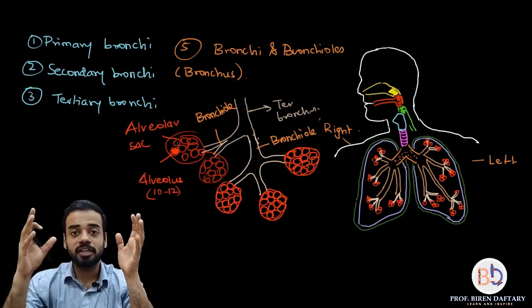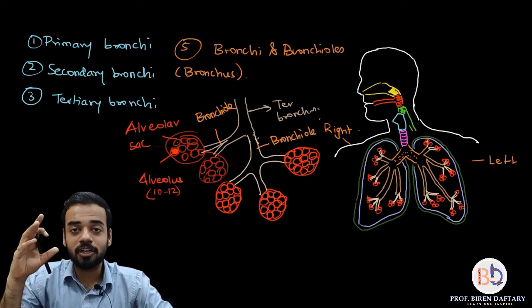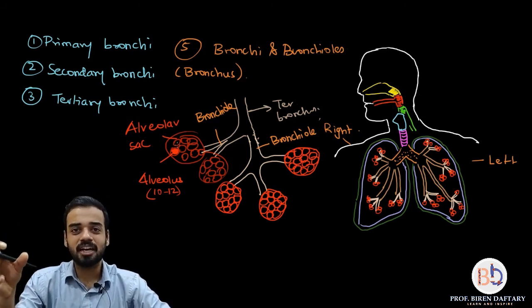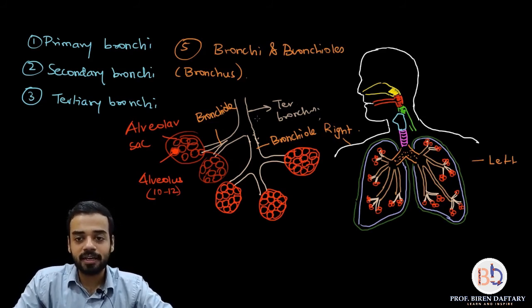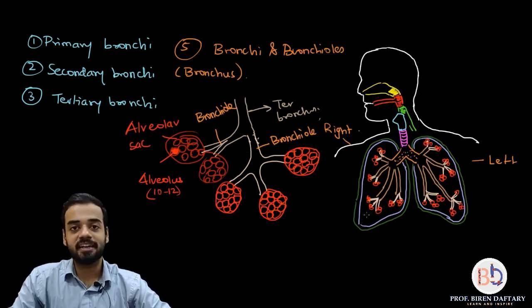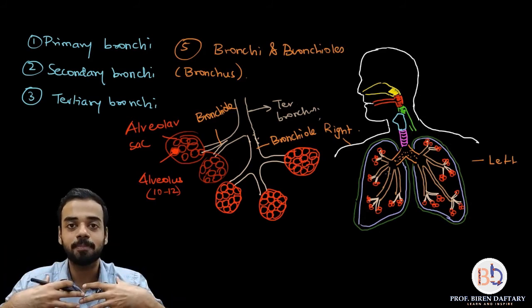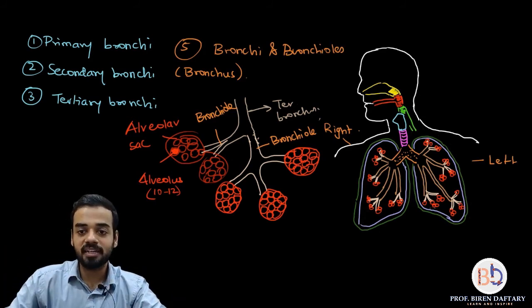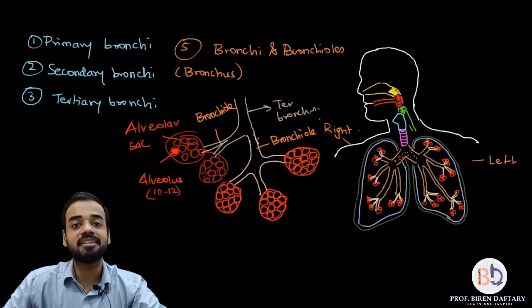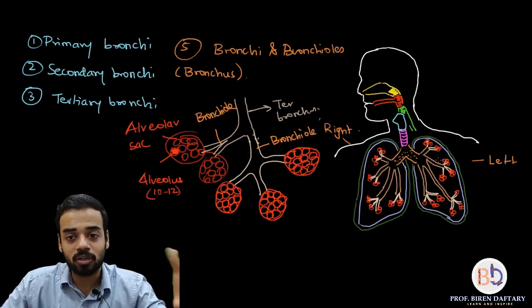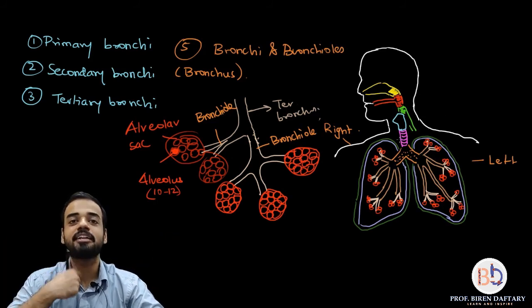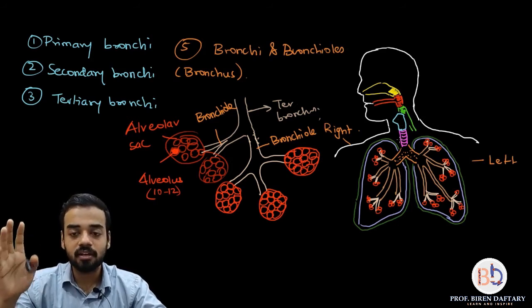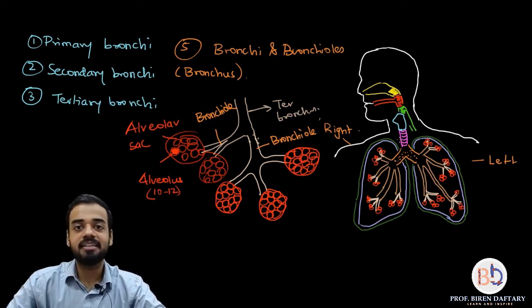The next part which we are going to start with is the lungs. But before lungs, I want to complete the part called alveoli because we are over here. So we have completed bronchi. By the way, this area of the chest is called the thoracic cavity. The thoracic cavity is the area present in the rib cage, the chest area. So the primary bronchi are present in the thoracic cage. All these other parts are also present in the thoracic cage, whereas the larynx and the trachea are present somewhat in the neck. Is this clear? Now the next part is alveoli.